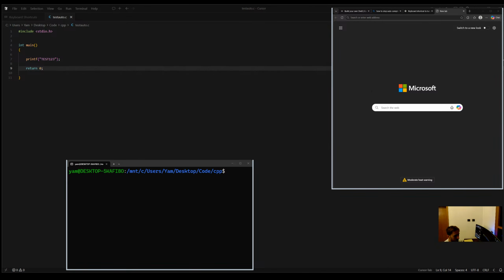POSIX, like this you write it. Okay, it's the standard of the family of the operating system named Unix. Great. So what the standard is,